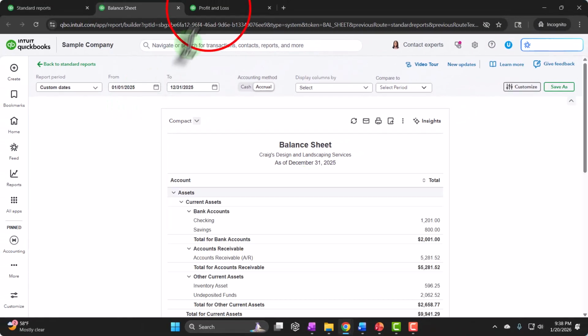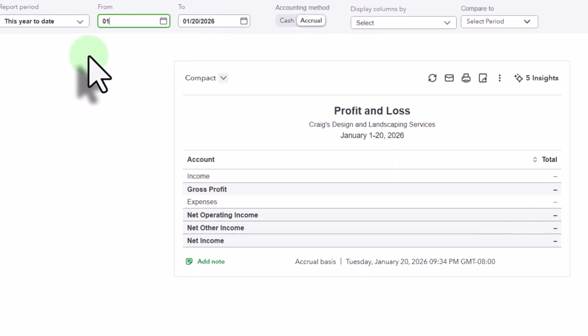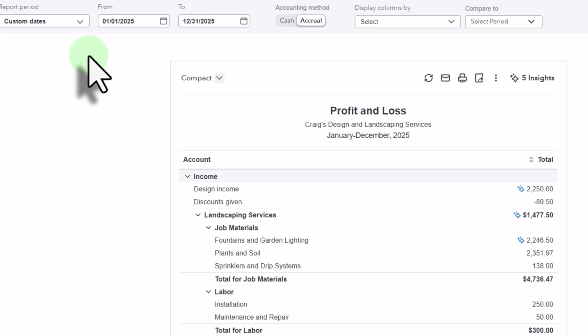And then let's go to the tab to the right and repeat the process. The range should be the same, 01/01/25 tab, 12/31/25 tab. All right, now we're looking at other reports other than the main financial statement reports, this one being expense and